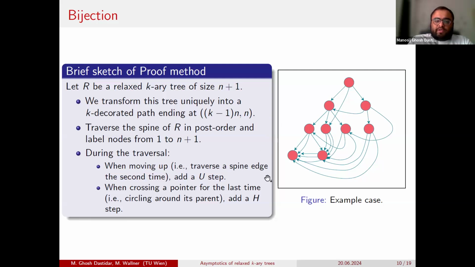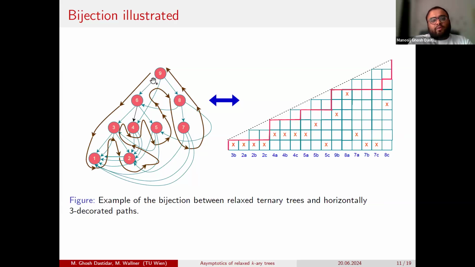During our traversal, every time we move up, we add an up step. And every time we cross a pointer for the last time, we add a horizontal step. Okay, a picture would help here. And yes, so this is how we have the bijection.